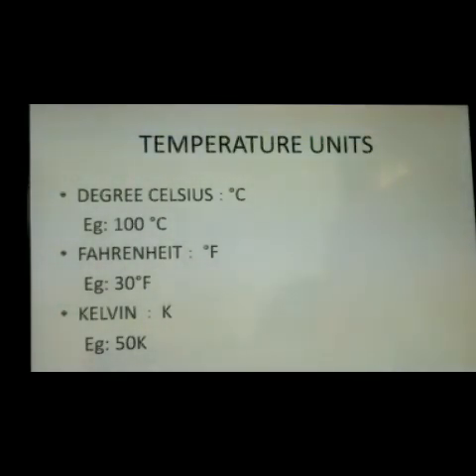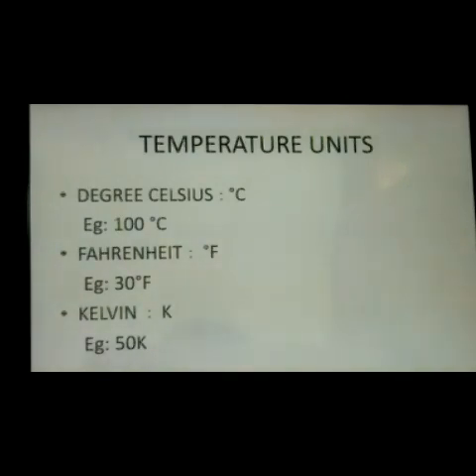And now we are going to see what are all the units which we can say about the temperature. There are 3 units which are used to measure temperature, right? Which is degree Celsius, Fahrenheit and Kelvin. In case of degree Celsius, it is written as degree C. For example, 20 degree C is read as 20 degree Celsius. Celsius is called centigrade as well. And the second unit is Fahrenheit. Fahrenheit is written as degree F. It is read as 30 degree Fahrenheit.